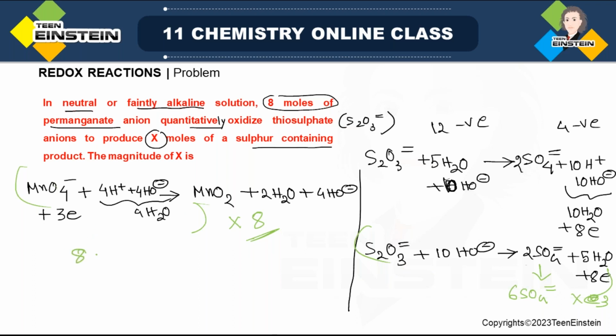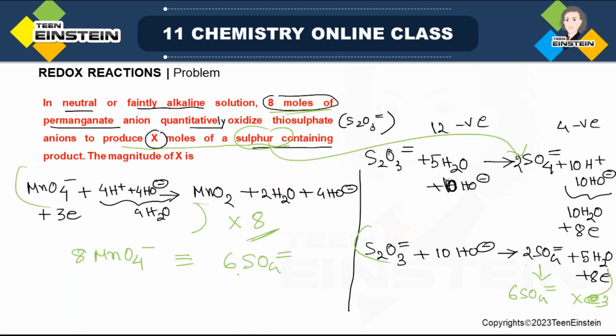That means in the final equation, 8 MnO4 minus will be in the left hand side, and this is equivalent to 6 sulfate ion. And the question says 8 moles of permanganate ion quantitatively oxidized thiosulfate, but it is not asking the number of moles of thiosulfate. It is asking thiosulfate will produce X mole of some sulfur containing species, which is nothing but